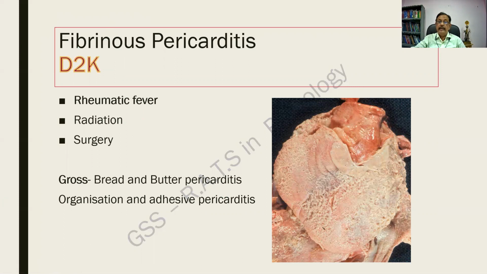We had seen this earlier. Look at this pericardium over here. They have separated, but then they find that there are multiple fibrous strands. Probably this was sticking both the layers together, and when they separated, it is like strands of butter, and it is called bread and butter pericarditis, classical of rheumatic fever, and a usual MCQ that can be asked. You people should mention.